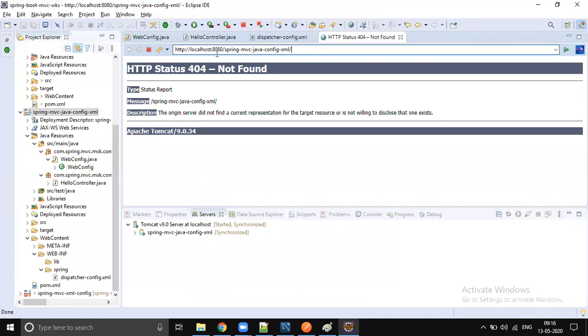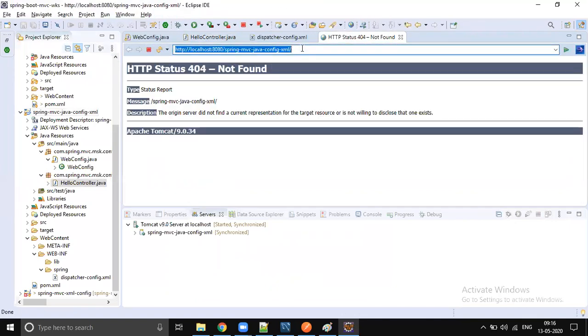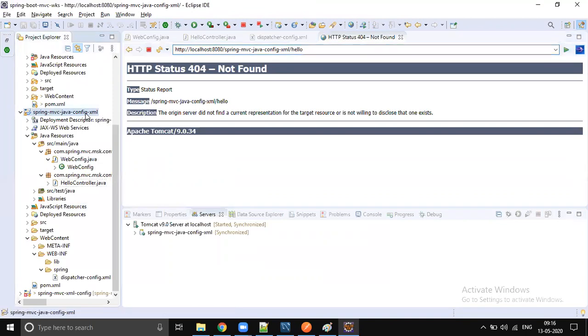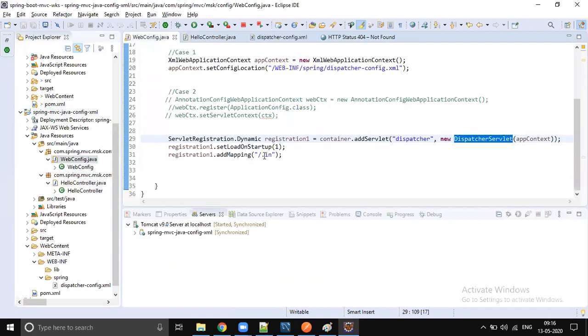So what is the configuration we did? Hello, right? Yeah, we need to give the servlet path. Sorry, it should end with .in, right?